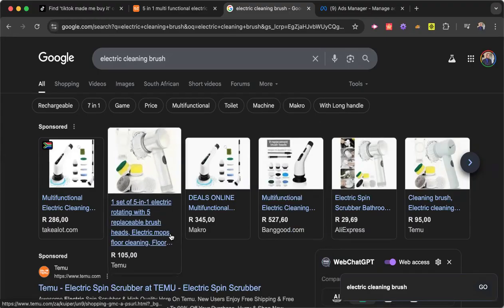Another thing I want you guys to understand is that if you see your product showing up on Temu, on Alibaba, on Macro, on Takealot, do not worry. Remember, we are going to create a brand around this product. We're going to increase the perceived value, because we're going to look like the number one seller in this game. We're going to create a dedicated website for this product and some content for this product, so it's going to look like we are the market leader.